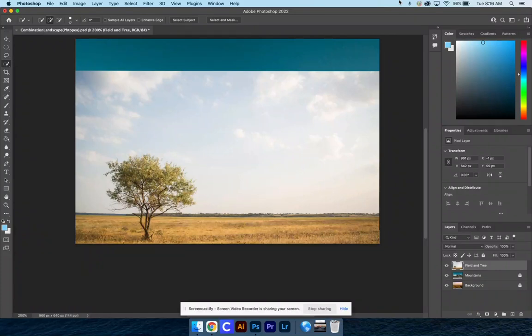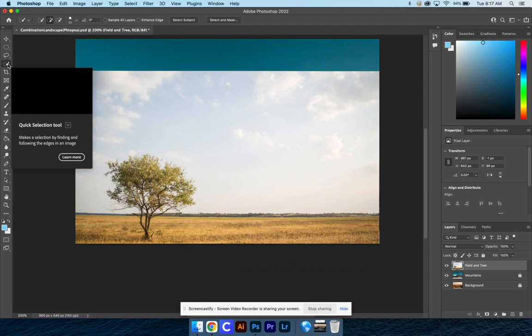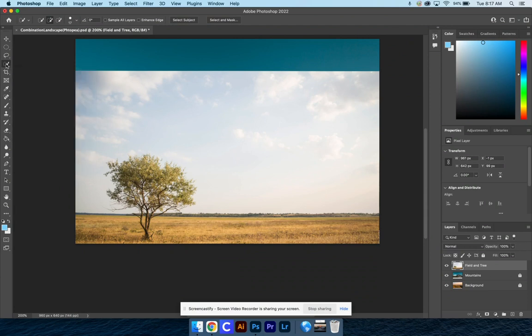Okay, so now we are ready to start making our selections and removing this sky. Before we get started, you want to be sure that you have your background and your mountains locked and your field and tree selected. Now we want to use our quick selection for this. You can get there by pressing W on your keyboard, as in Windle, or you can just go ahead, click